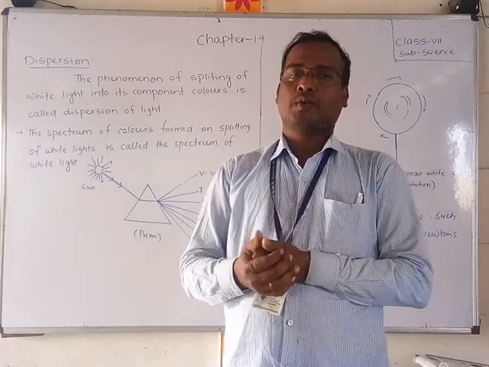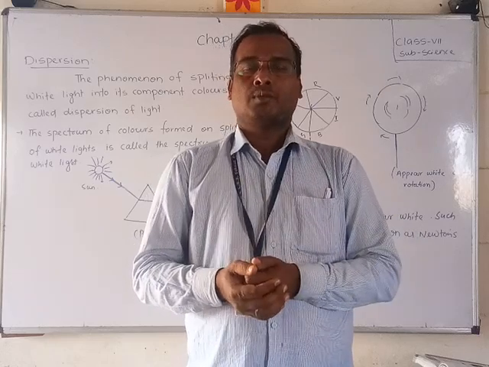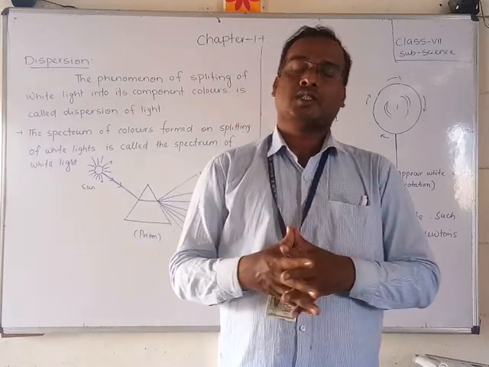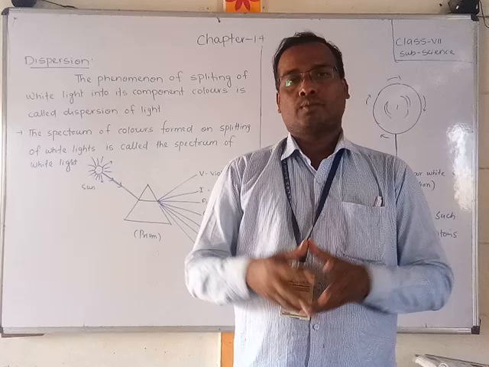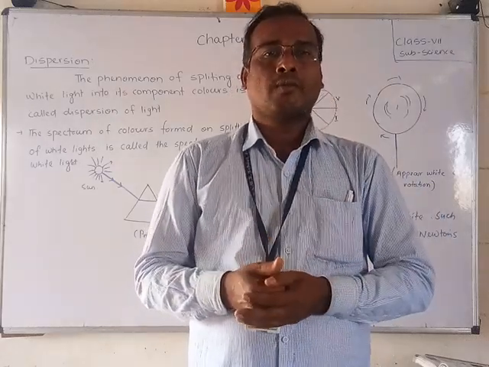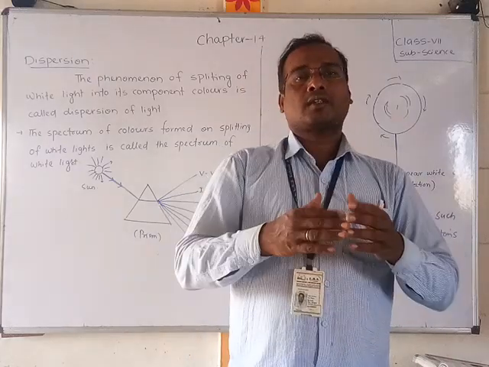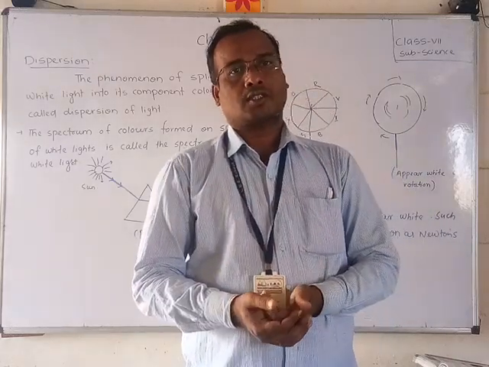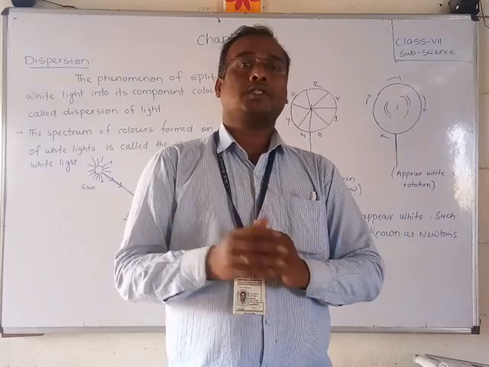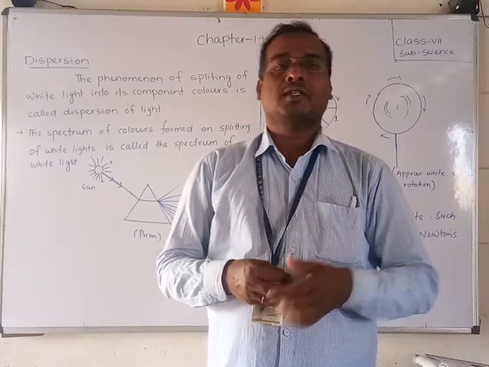It is a very popular thing. Sir Isaac Newton, the English physicist, first discovered the mixing of colors, that the rainbow colors are mixed and made into white. Dispersion, what is that? White light is split into the different colors. But Newton showed the opposite: when the 7 colors are mixed, they appear as white.